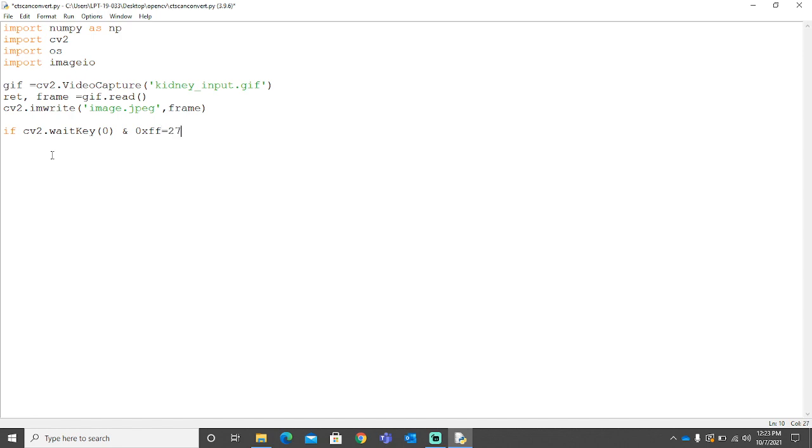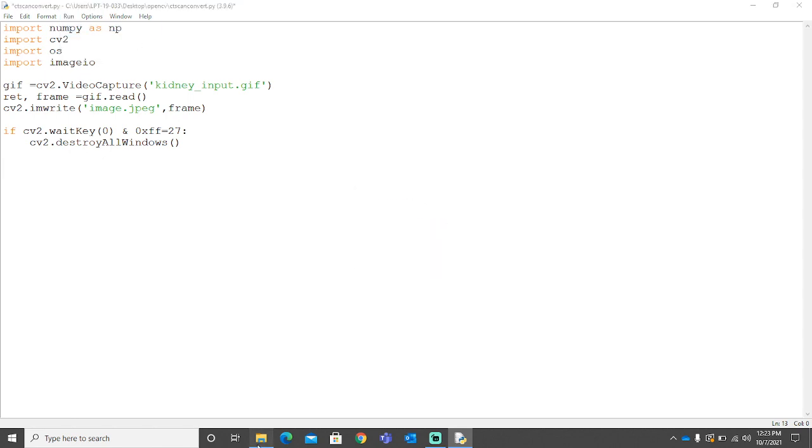It will only end after I press the specific button. Here it is 27 in ASCII. So that's that. Now let's run this program.